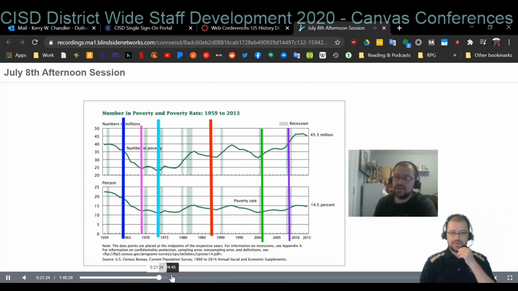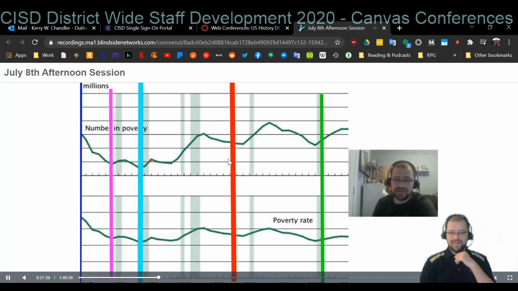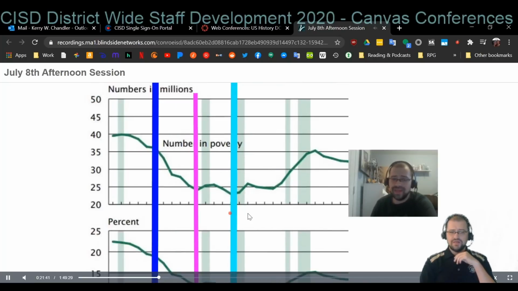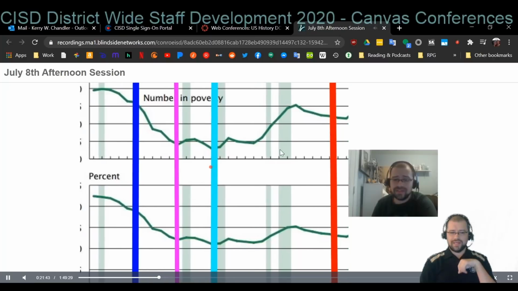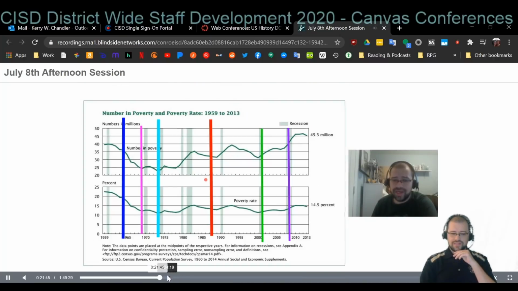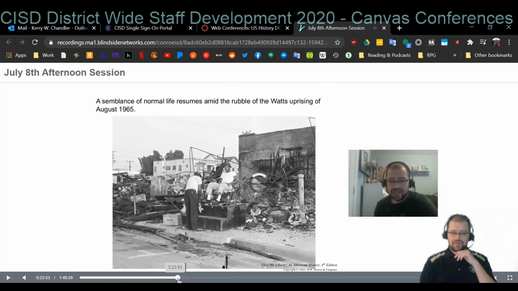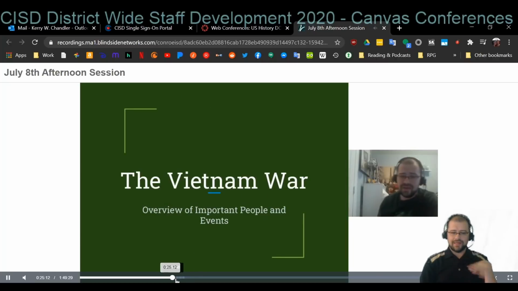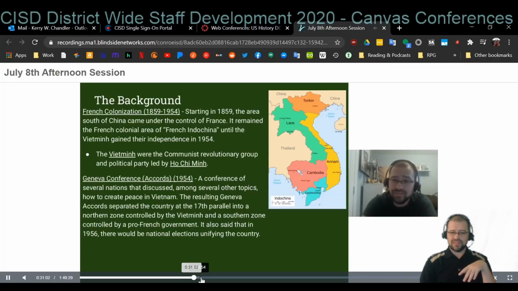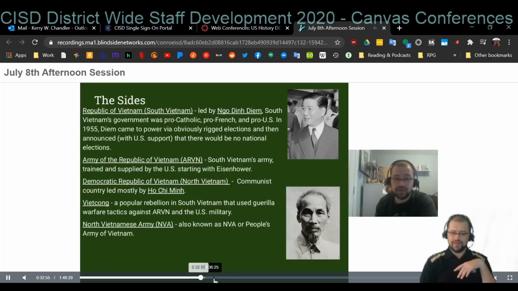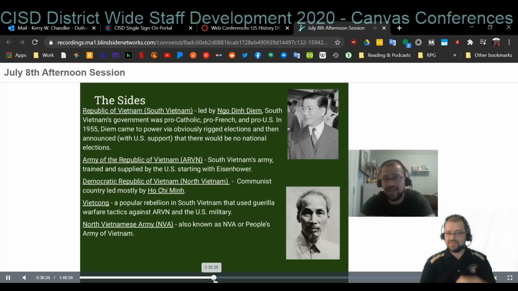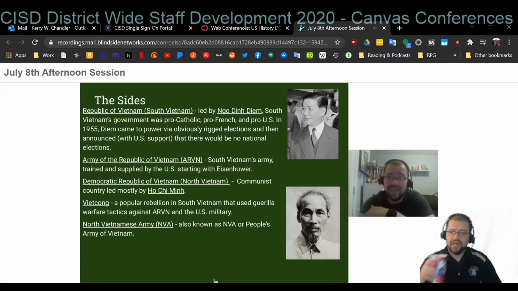I'm zooming in on parts of the graph, and in this case I'm highlighting different presidencies and showing some various things. But anyway, I go through and I continue. This is mostly me just lecturing, which I know is the big no-no, but sometimes it's something we have to do in history. And I found that this was a much better way than me just recording myself,